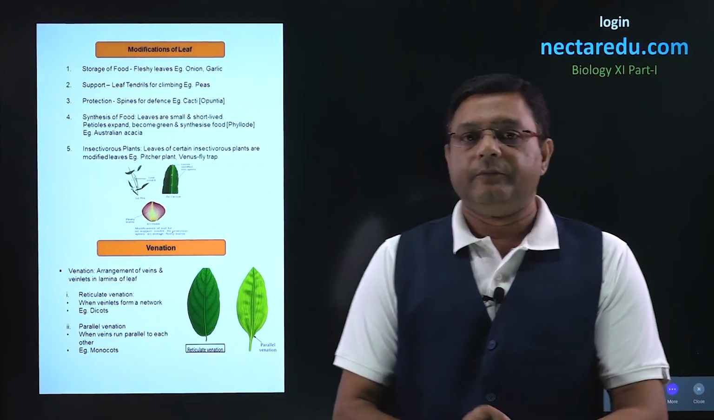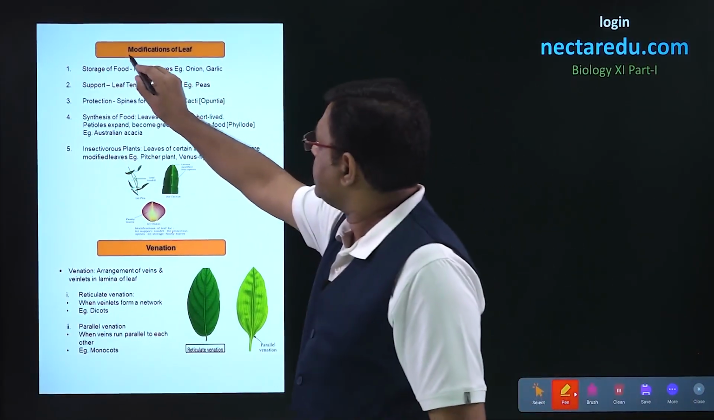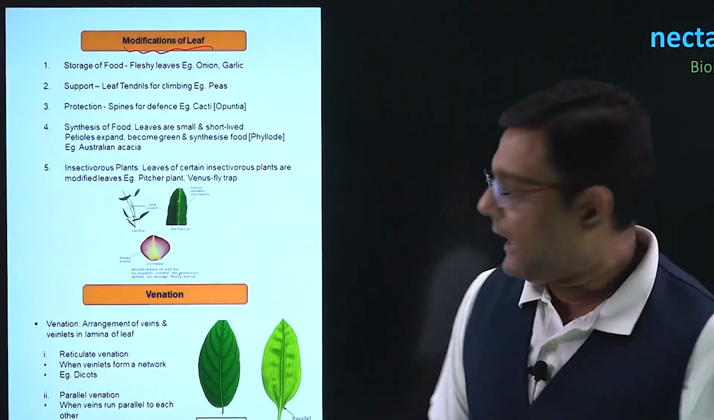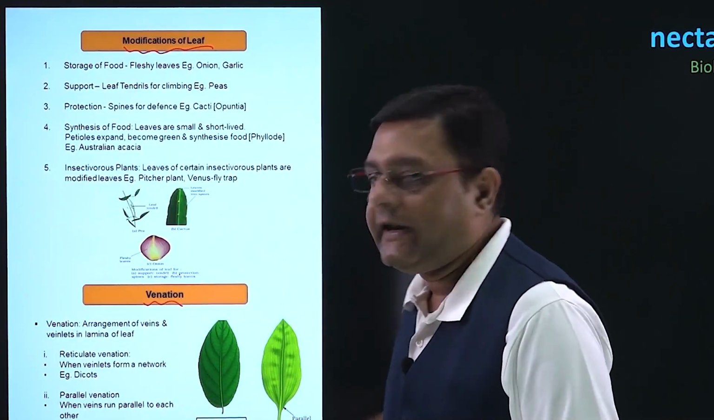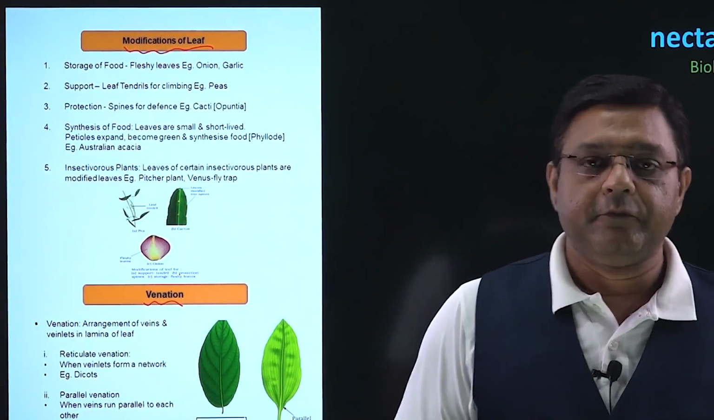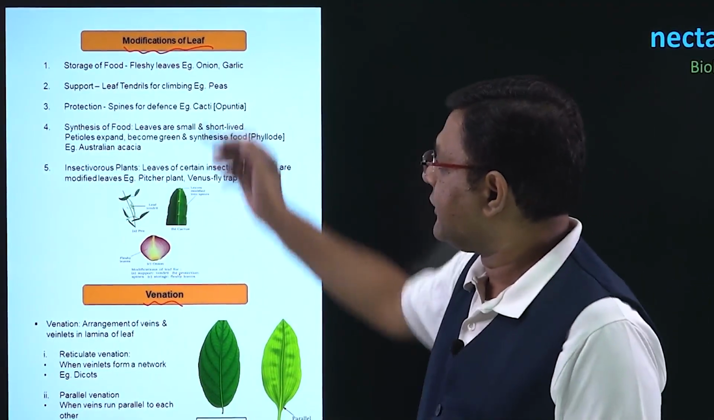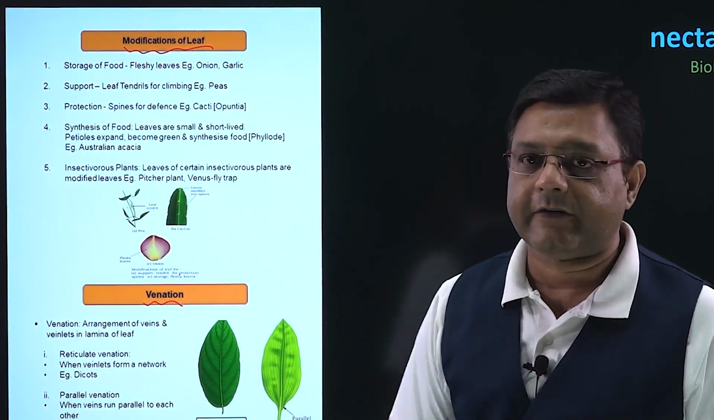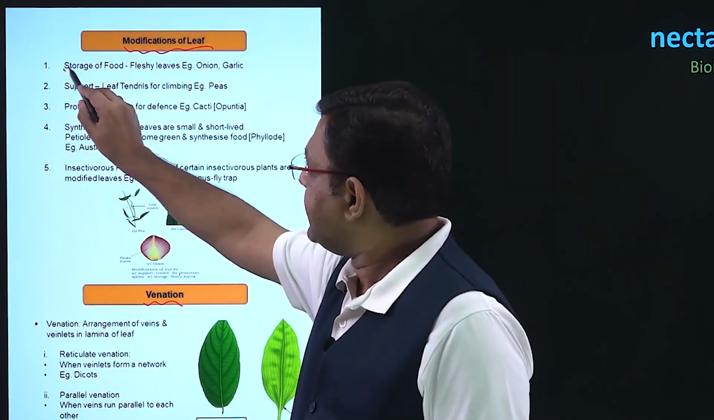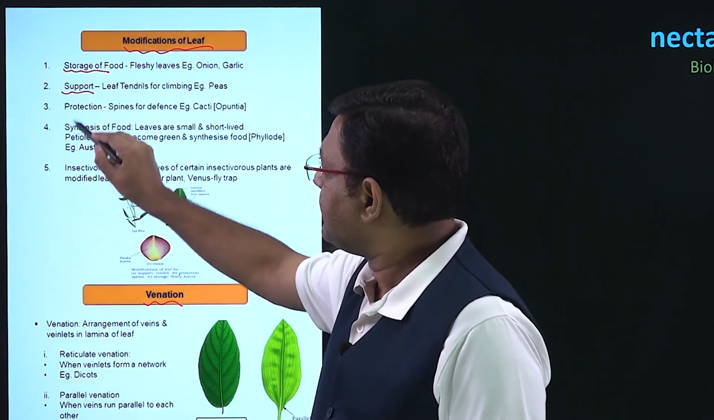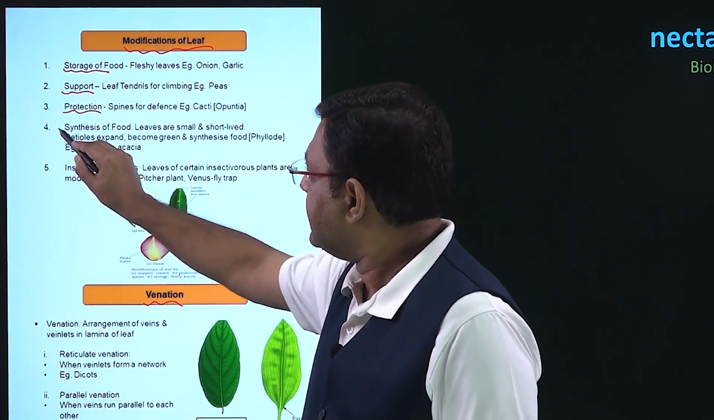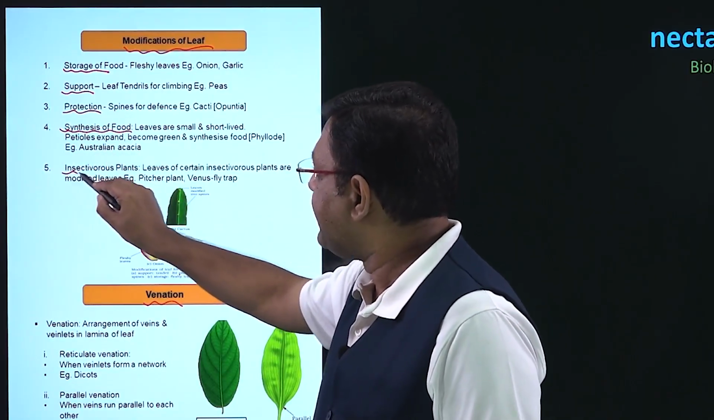In this particular video, we will look into the modifications of leaf as well as we will talk of the venation that is present in leaf. Now, talking of the modifications of leaf, there can be 5 modifications. The first is storage of food, second is support, third is protection, then is synthesis of food, and finally there